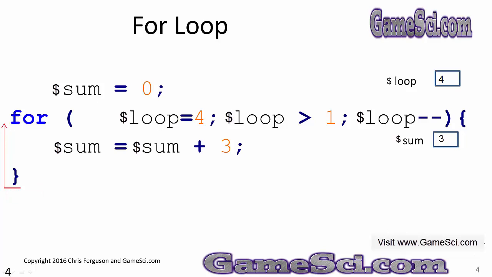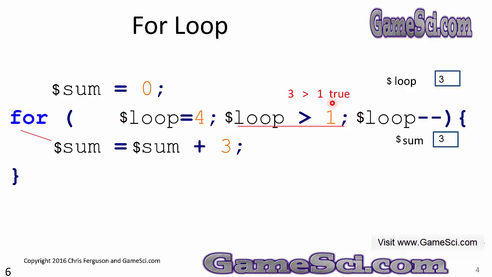Now, watch carefully what happens when we spin back up on the for loop. The first place we go to is changing the loop variable. Loop minus minus. Minus minus is called the decrement operator. It says subtract 1 from the variable loop and store the result back into loop. So our 4 just became a 3 because of that loop minus minus. After we change the iteration variable, we then back up